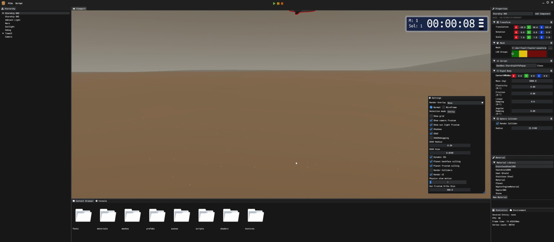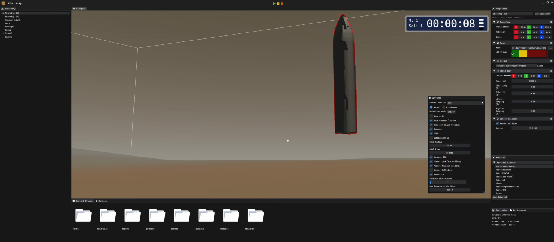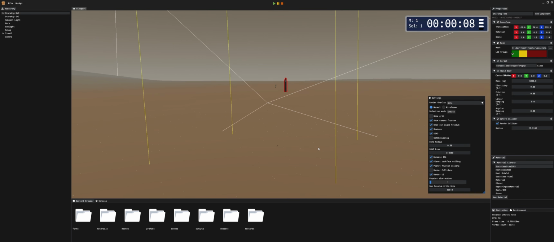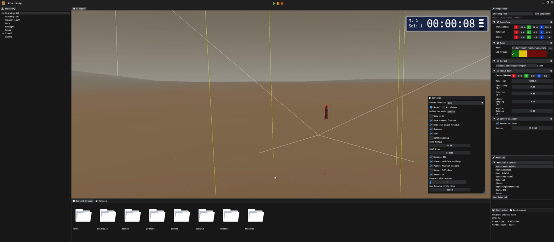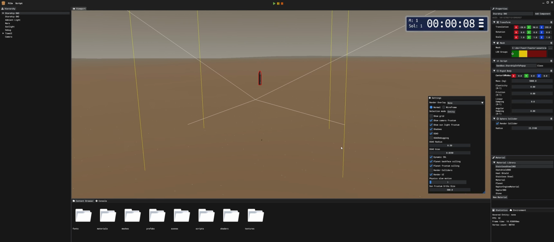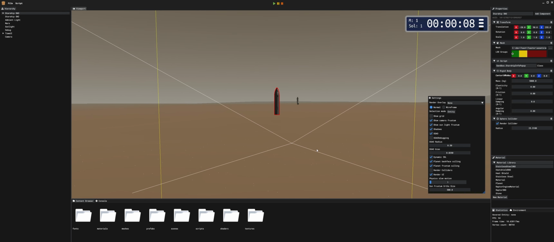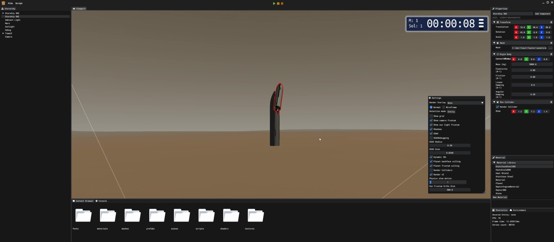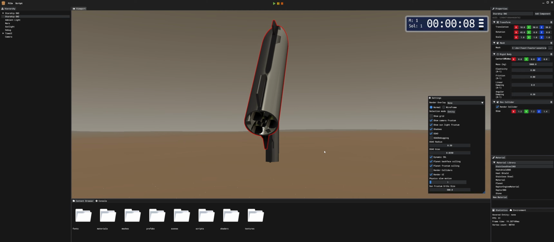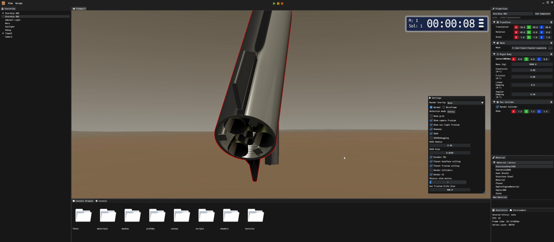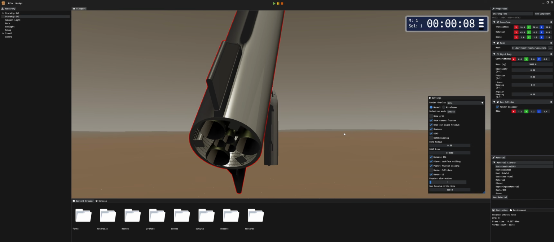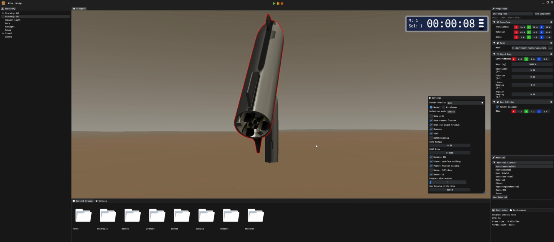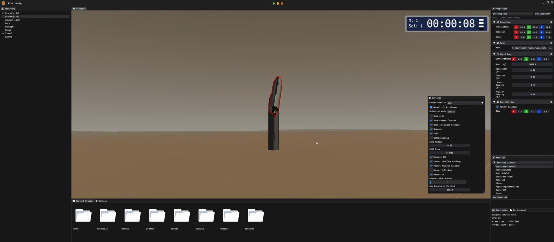It has also changed the pan view. So even though we're far away, it's easy to pan now. This wasn't the case before. Pan was basically useless, but I fixed that up. And the speed of the pan and the zoom depends on the distance to the object, the focal point, and the focal point changes with the object. So yeah, that's everything I've done in the editor this release. Let's move on to